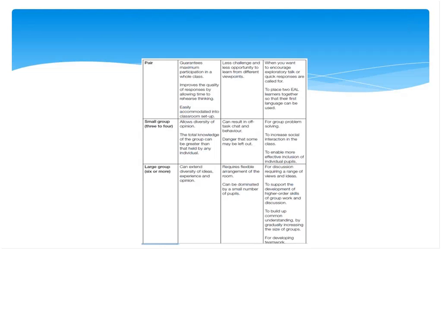Pair. Working in pairs, especially if you use the think, pair, share strategy, where you're thinking, you talk to your partner, and then you talk to the rest of the group, works quite well. It's easily accommodated into the classroom setup, however many children you have. Small group, 3 to 4, and I would recommend no more than 4 for the younger children. And larger groups, 6 or more, need really to be the older children. But be careful with the groupings, because with a group of 6 or more, some children may opt out.